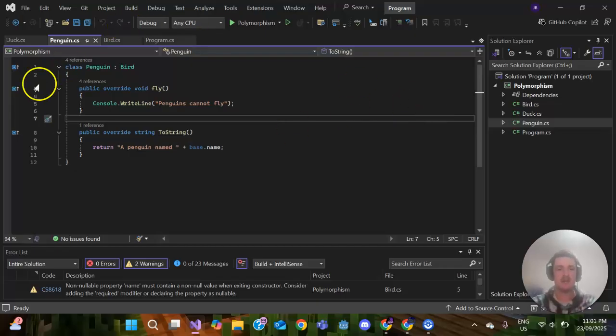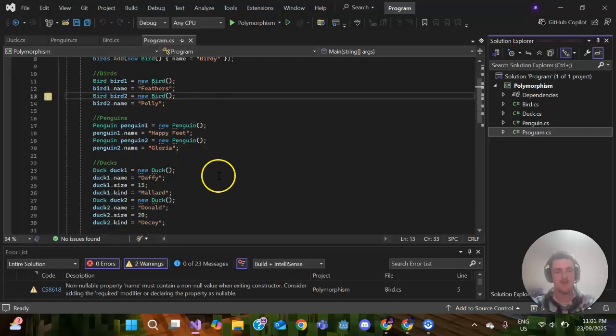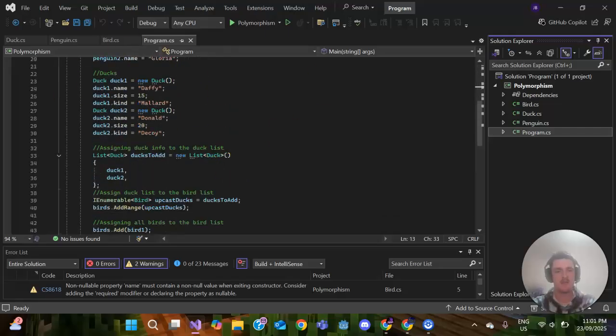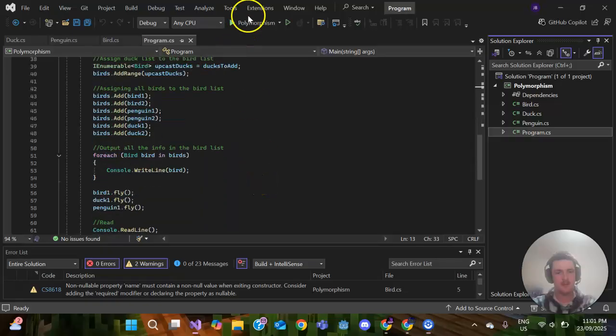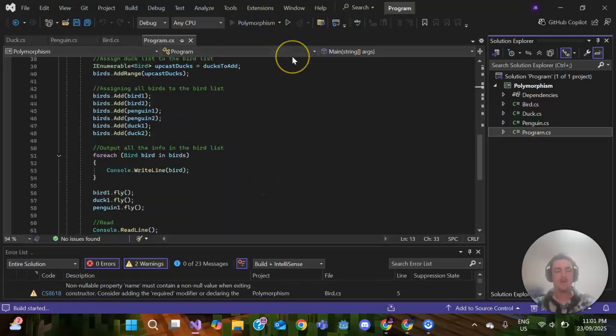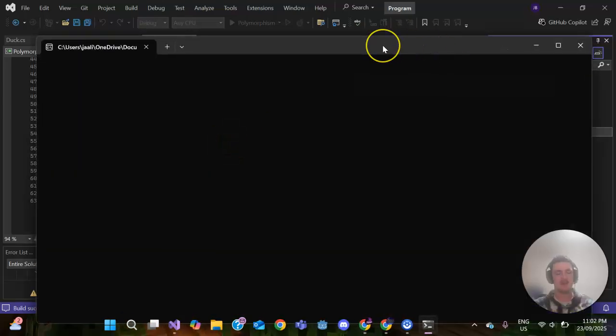So yeah, when we look at our code, we'll go back to program. We've set in data at the moment. So when we run the code, what we'll begin to see in some of these areas is that